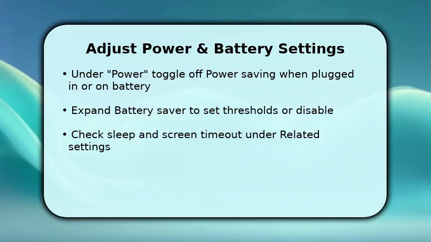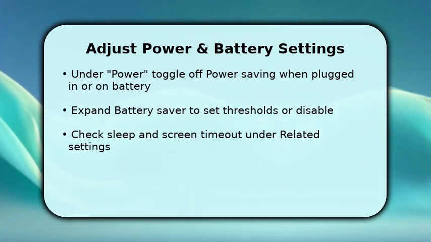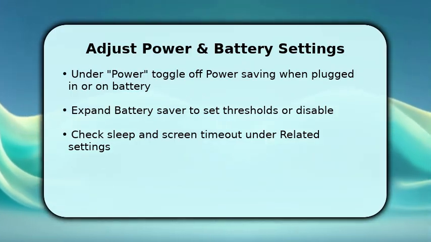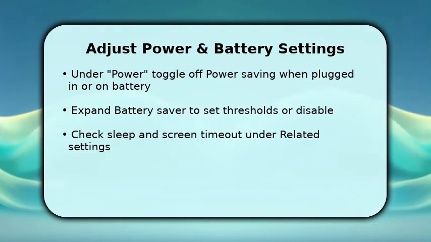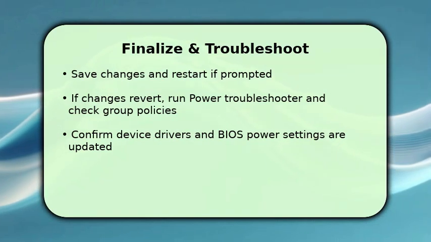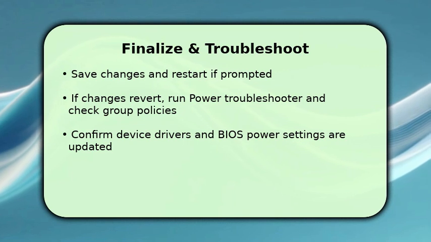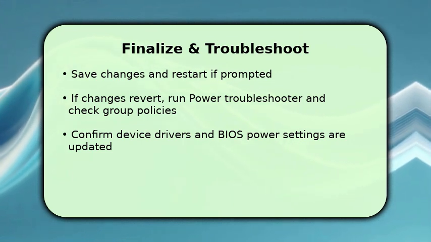Then review related settings for screen and sleep timeouts, and extend or disable them so the system doesn't constantly finish by saving changes and restarting Windows if it prompts you. That ensures policies apply. If the power saving mode returns, run the Power Troubleshooter from Settings to detect conflicts and